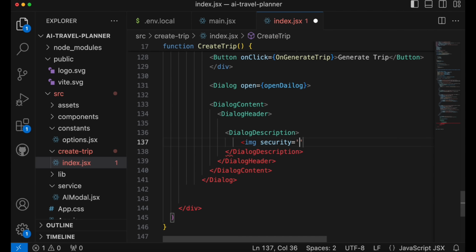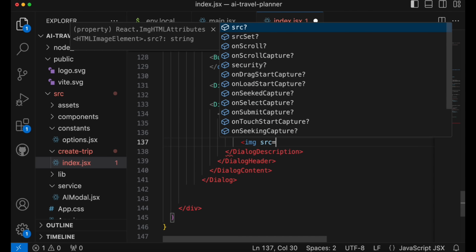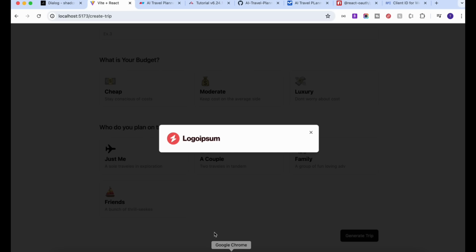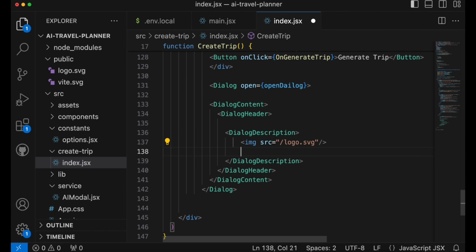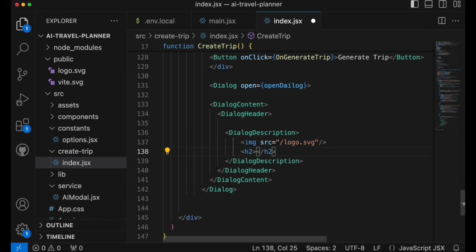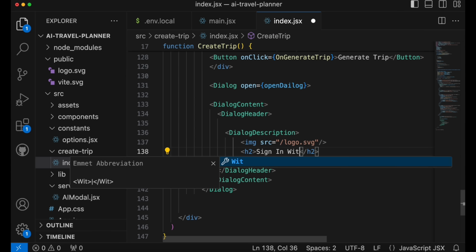Let's add the logo first. So here I will say image source /logo.svg, and if you see, the logo is showing on the screen. Then we'll add the h2 tag, and here we'll say sign in with Google,